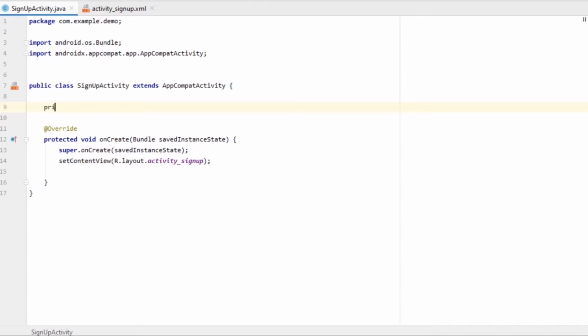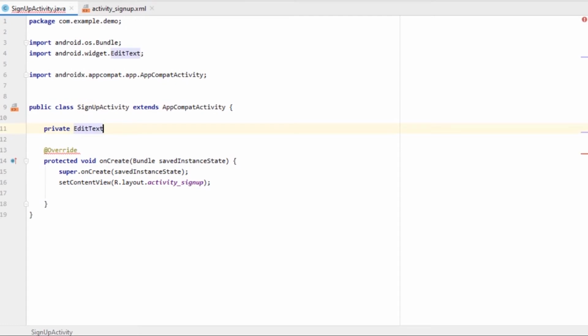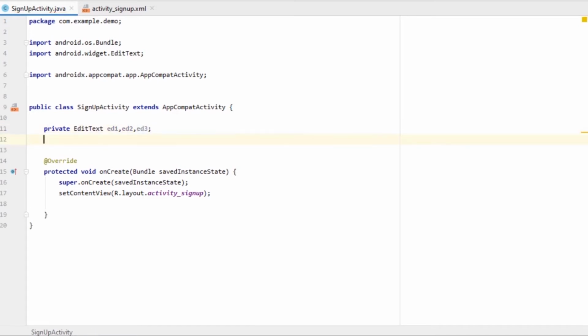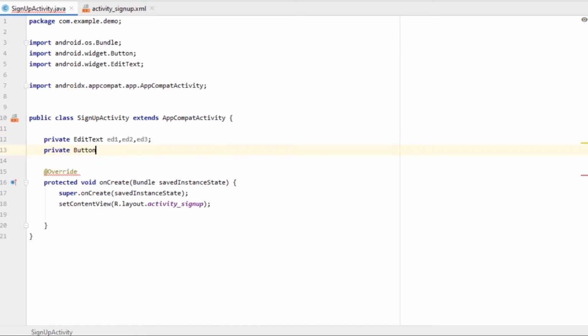So let's create private edit text ed1, ed2, or whatever name you can give, right? I'm just going to give it simple, and another one is private button, not but, button,